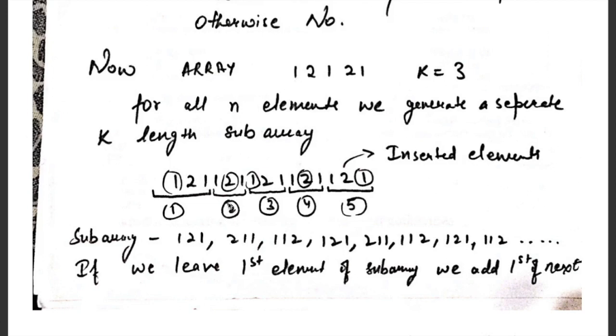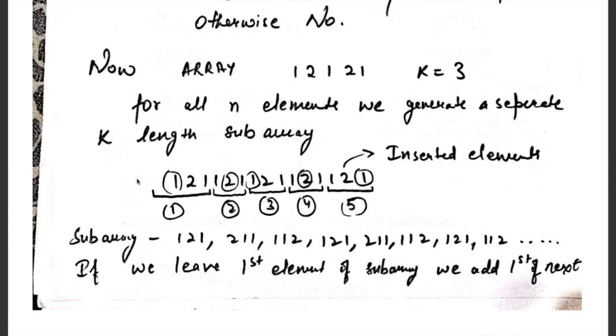If we take a look at our second subarray, then 2 is the number that represents the 2 in our given array, and we have inserted 1 before 2 and 1 after 2. Likewise, we have done it for 3, 4 and 5. That means it guarantees that all our array elements are covered in our answer.